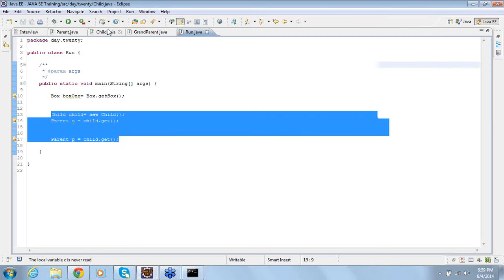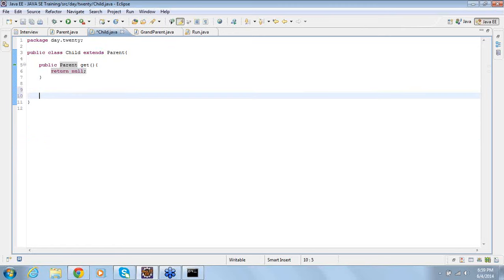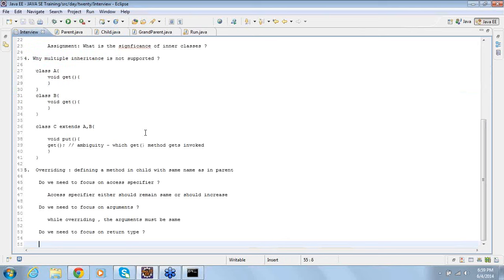What I am interested in is, while overriding, what you should remember. Do we need to focus on the return type? Yes. Return type can be changed, but we have to ensure that the return type is compatible with the parent.